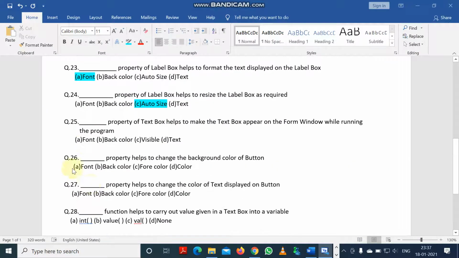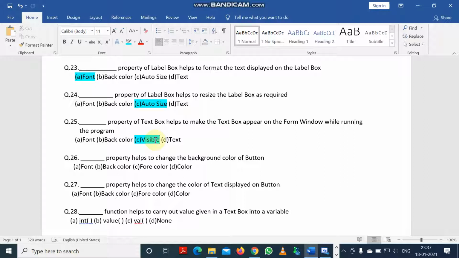Next, question 25. Dash property of text box helps to make the text box appear on the form window while running the program. The answer will be visible. That means if visible is true and you are running the program, the text box will appear on the form. Again, visible is the property of any kind of toolbox, like button, text box, label box.